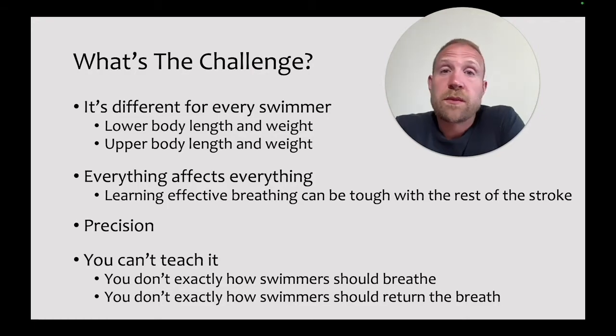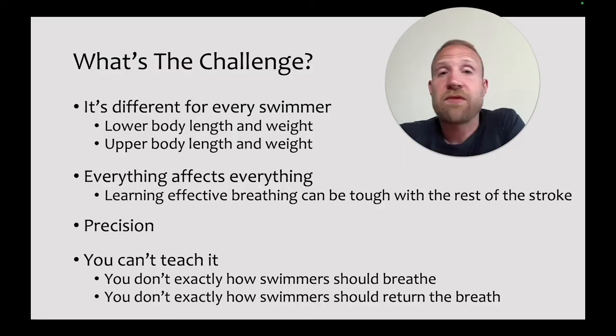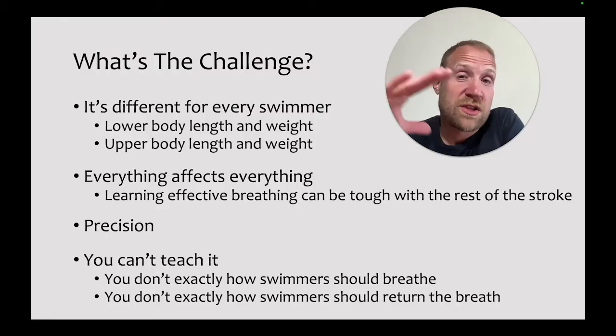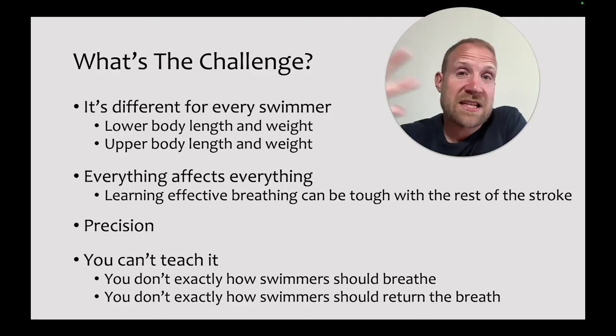Another challenge with improving breathing, especially in breaststroke, is that everything affects everything in the stroke. Learning effective breathing can be tough with the rest of the stroke, because if one thing's off, like we talked about earlier, the whole stroke doesn't necessarily work, or it can just feel really terrible. So if swimmers are trying to figure out different ways of breathing, they may not be paying attention to the other important aspects of the stroke, and the whole thing can kind of fall apart, and it's difficult to learn in that context. So that's a challenge that's particularly specific to breaststroke, because in order to work on the stroke as a whole, everything has to be working well, and it's hard to make everything work well when you're focused